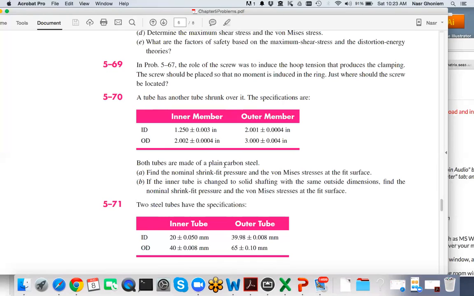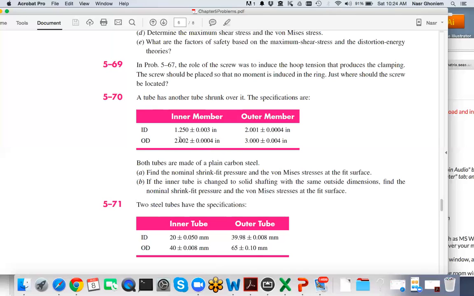That was, I think, if you look at one of the problems in the midterm, we started to touch on that. We didn't go into all of the complicated details of the design of the assembly, but we wanted to understand what happens if you have a distribution function. So problem 570: we have a tube that has another tube shrunk over it, an inner member and an outer member, and the ID of the inner member is 1 1/4, plus or minus 3 mils,